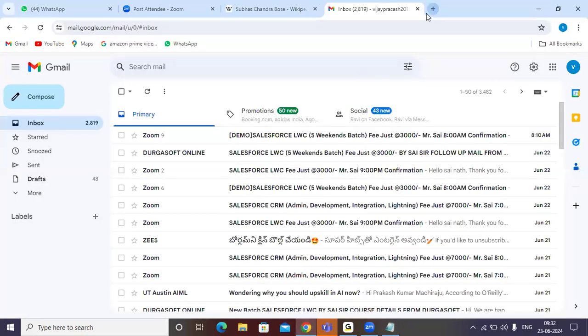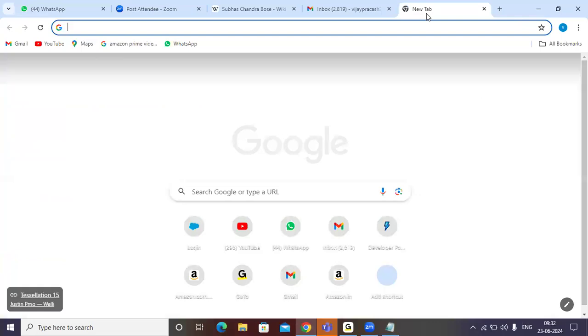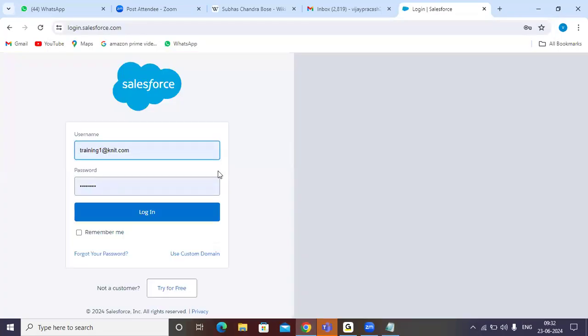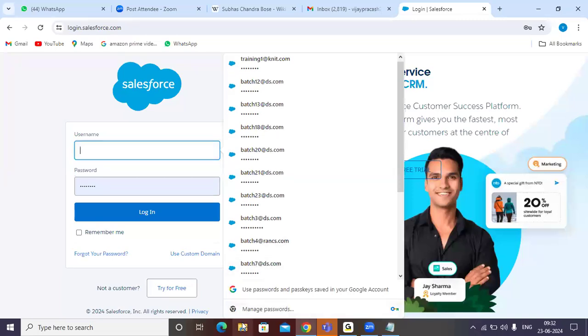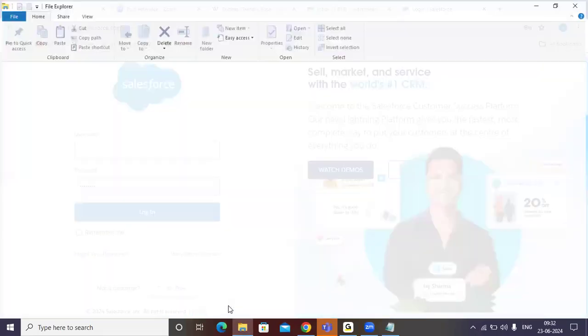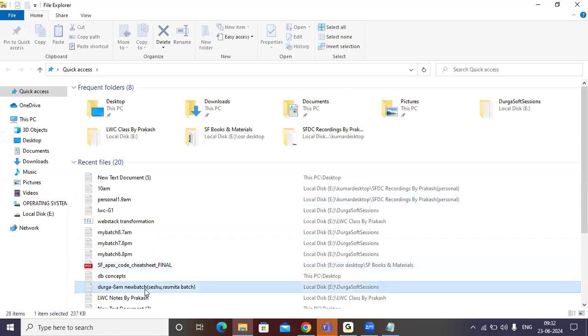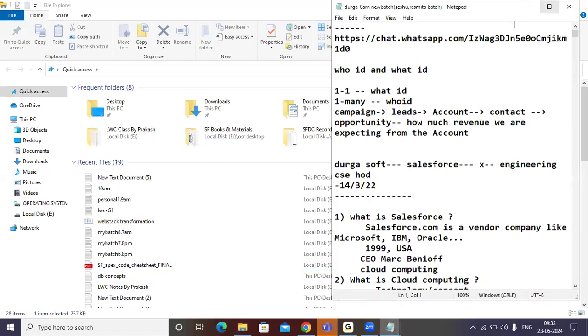Let me log in. No need to show the directly show the program here.